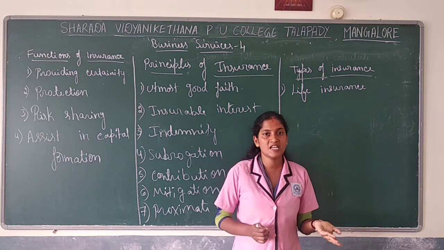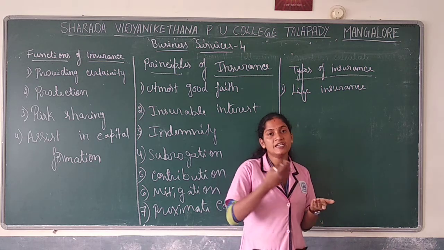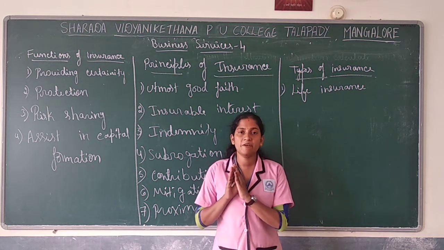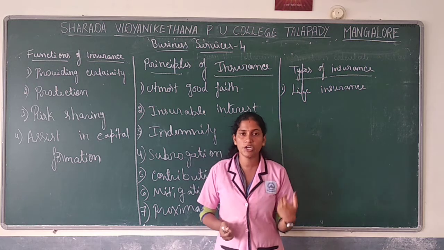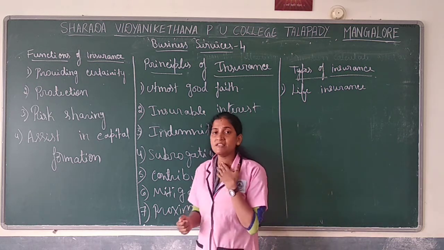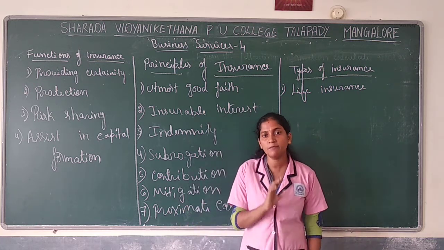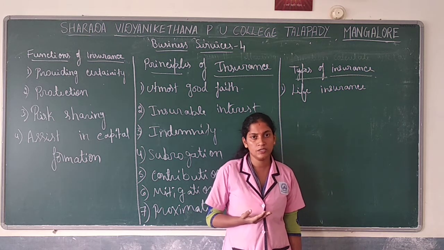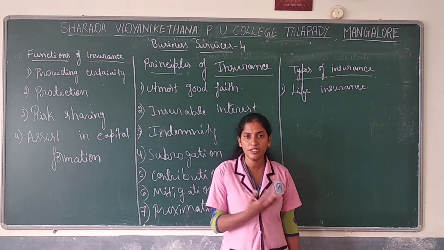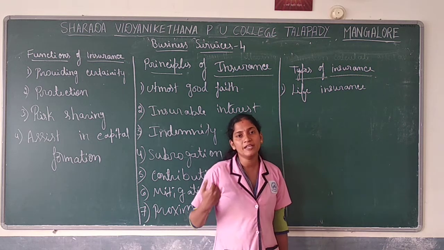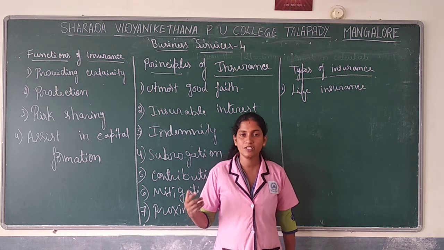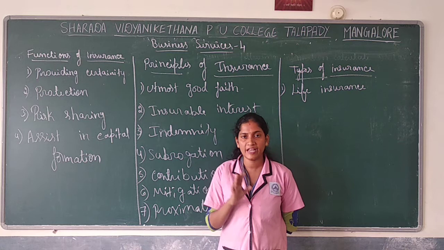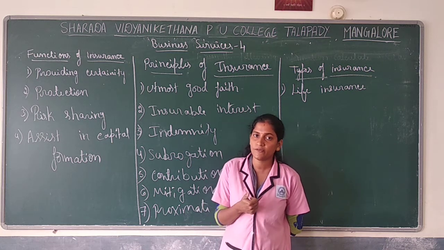See, that person has taken an insurance. It will be given to their family, so that the financial loss is covered. So insurance provides certainty, surety. If any problem arises to the family, who are dependent on the earnings of that person at home, they can cover it from the insurance. So providing the surety that if anything happens, financial losses will be covered. It is one of the functions.